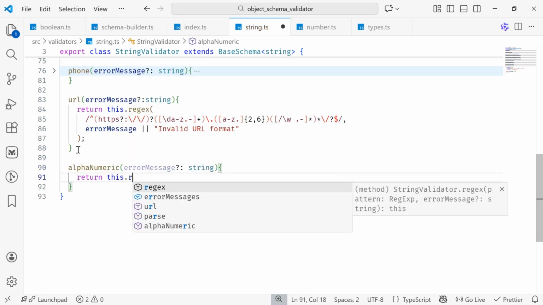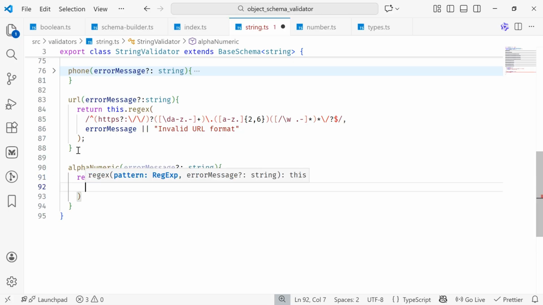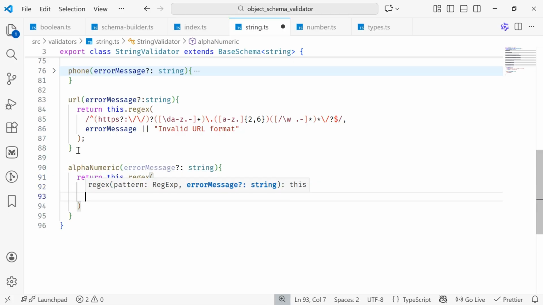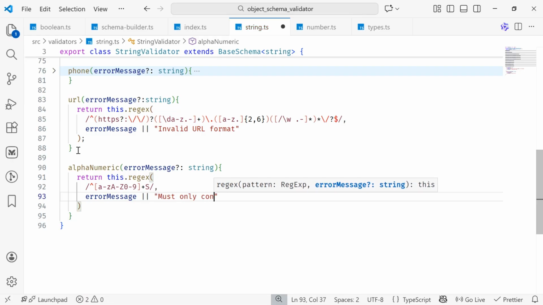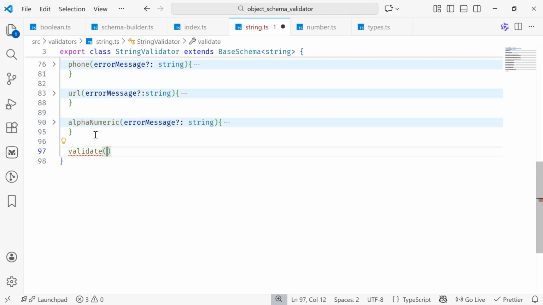Inside this function, I will return a call from this.regex, passing in a regular expression for alphanumeric validation as the first argument to the regex function. Next, I will pass in the optional error message if it is provided, or I will pass in a string which reads must only contain letters and numbers, and then next I will add a function validate which accepts a